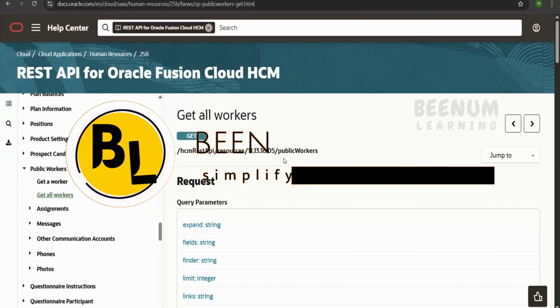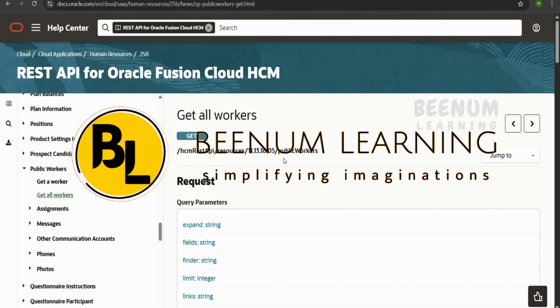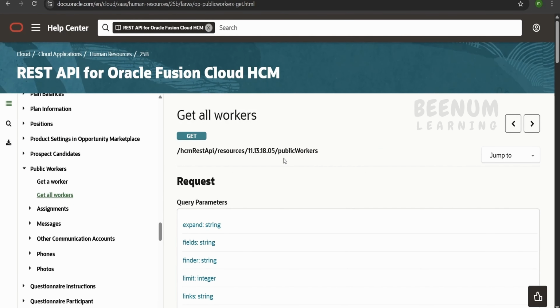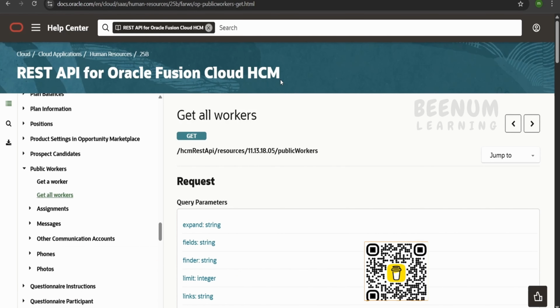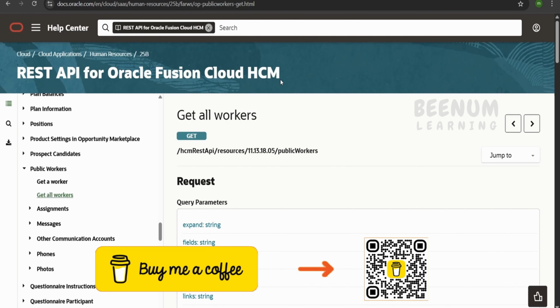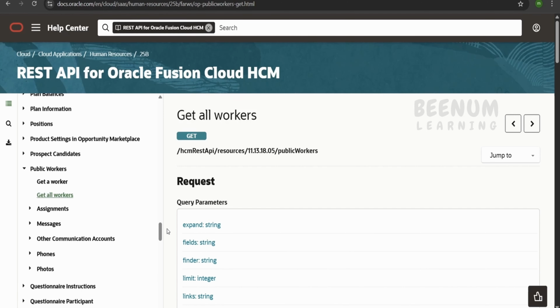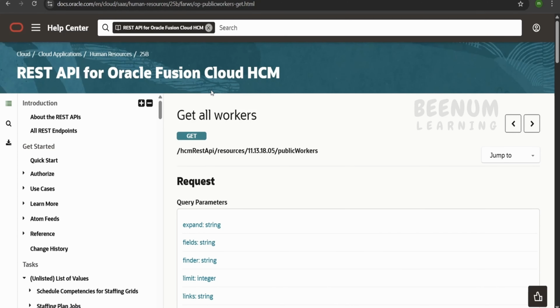In this class, we are going to learn how to consume the public workers REST API for Oracle Fusion Cloud HCM. That is to get the information about the workers, that is for external applications. Suppose you have a requirement in your project wherein you are building a Fusion extension or creating integrations and exposing to external applications, then Oracle has a public workers API under the REST API for Oracle Fusion Cloud